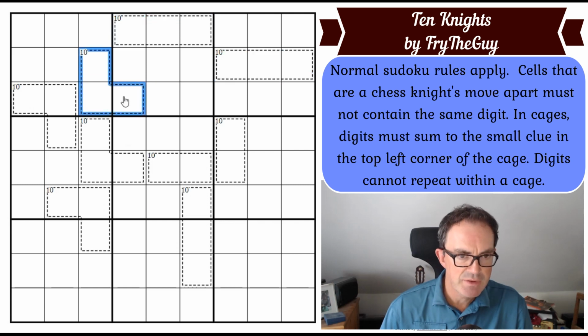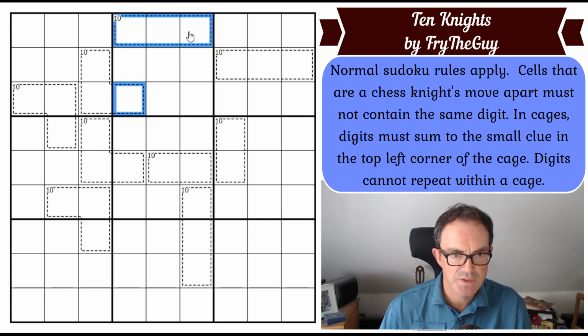I can separate these out. So for example, this cage can't be the same as this cage because this digit cannot appear in those cells. So perhaps what I've got to do is to try and colour these cages in according to their possible